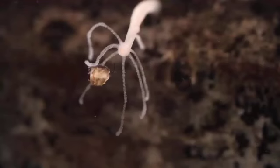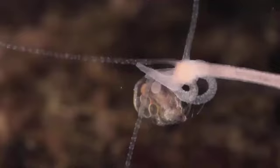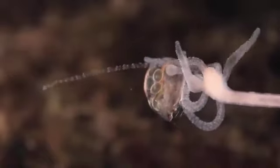Hydra stretches out its tentacles to snag swimming prey. Microscopic harpoons hook the water flea, injecting it with paralyzing neurotoxins. Then,